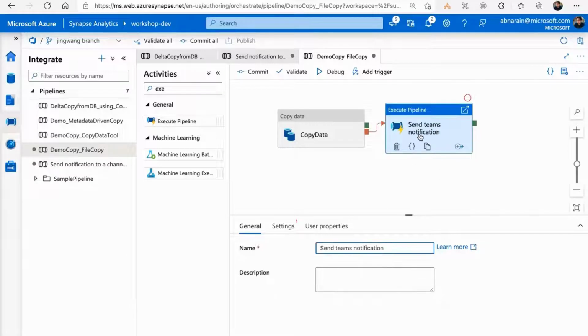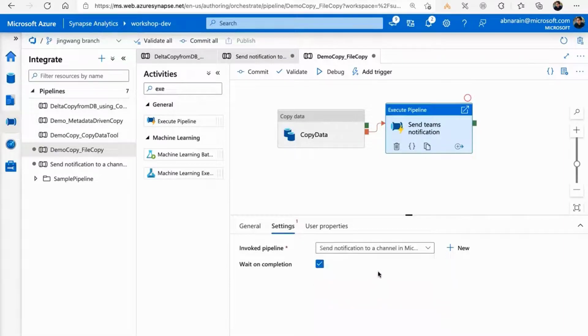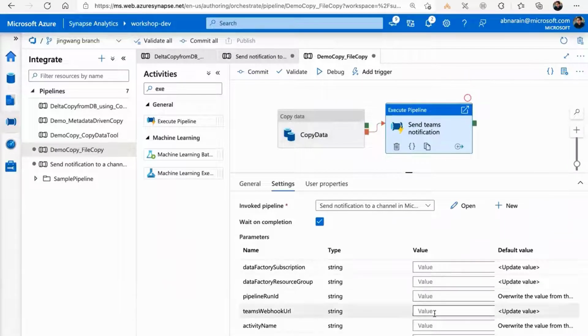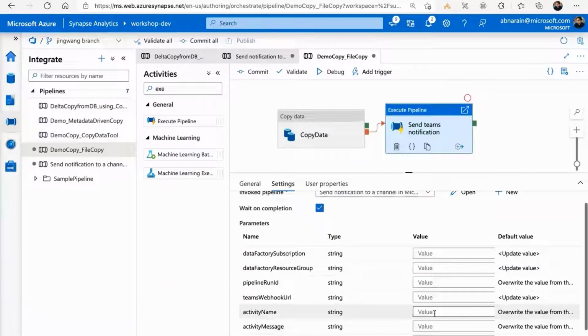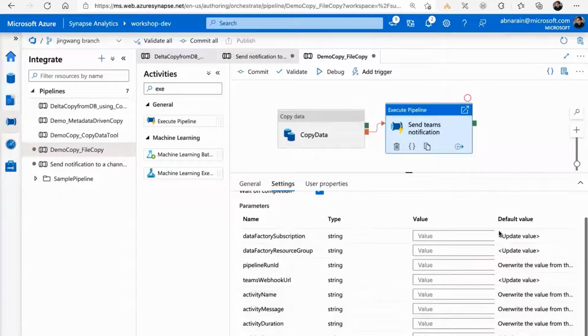And simply execute that pipeline, which I just dragged and dropped. So search for send Teams notification. Now you will see that it dynamically creates certain values because it's a template. Template means it has parameterized a lot of things. And so I need to simply specify some of these values, like what's the subscription, because what